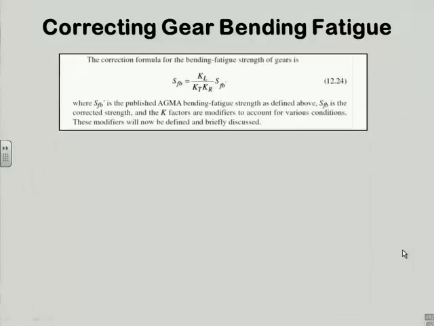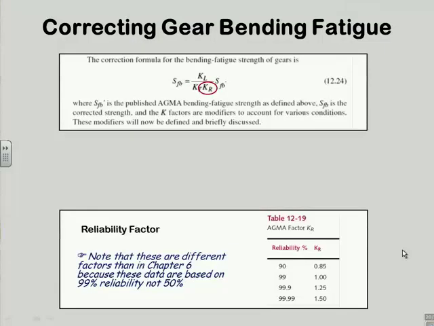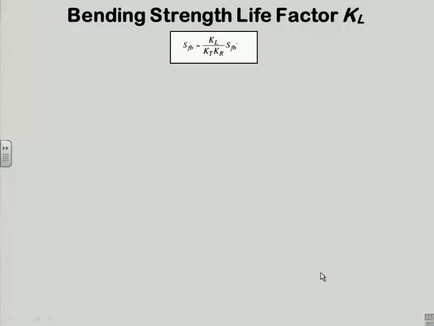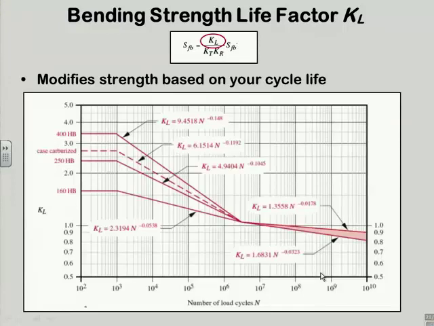I see I'm just about out of time, so I'll wrap this up. I've got some factors I've got to apply as we did in Chapter 6, not as many as before. Temperature, reliability. Different table, though, because remember 99 is our 1.0 here. And a life factor, which means I'm at 10 to the 7th for the data, which is right here, but if I only want 10 to the 4 cycles, I can be stronger. So this is an S-N curve, I can work my way back up the S-N curve,